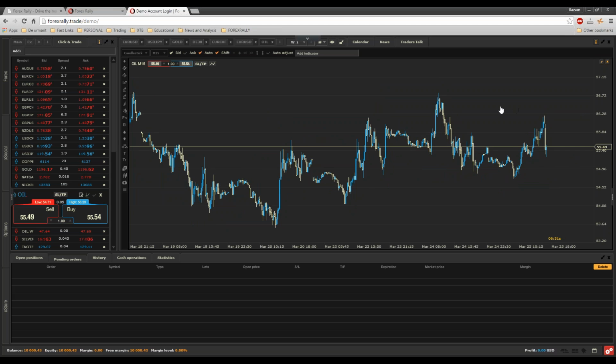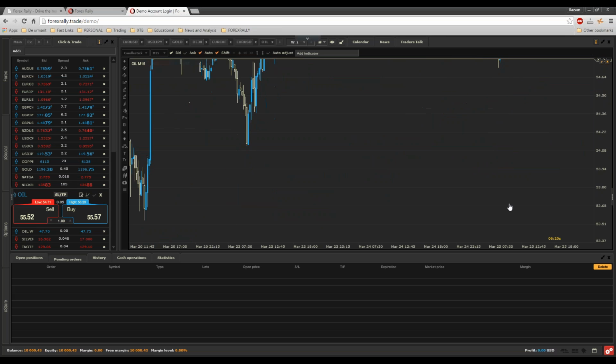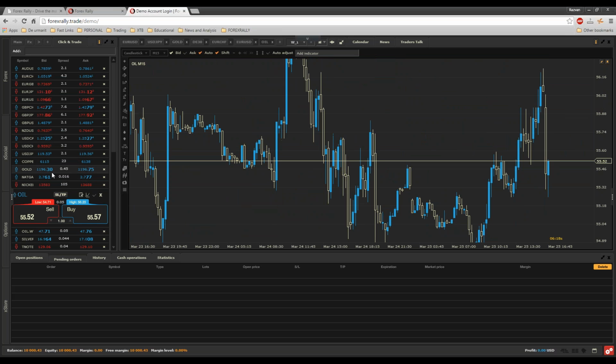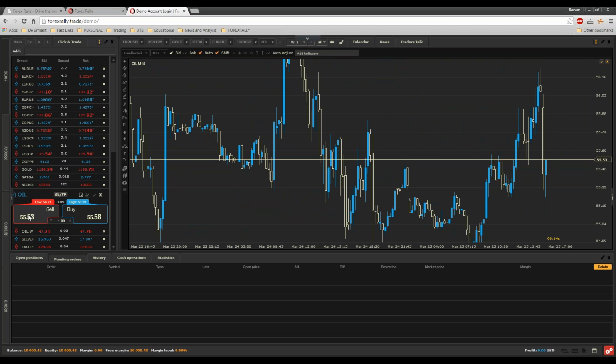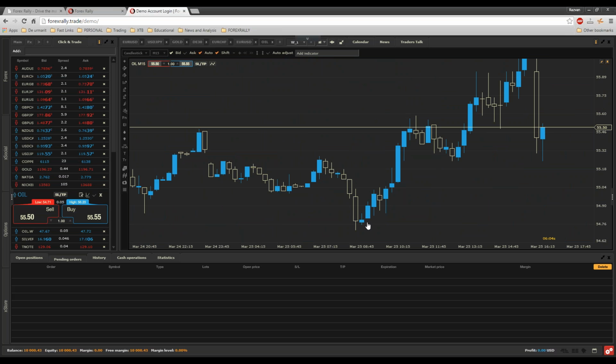Okay, so I have another question. The red and blue colors, well, if you mean these, the red button means sell and the blue button means buy. The chart is, if you go to the chart, blue candles. When it's blue, it means that the price is rising, while the black candles, or the ones empty, it means that the price is falling.